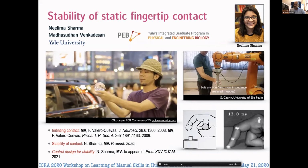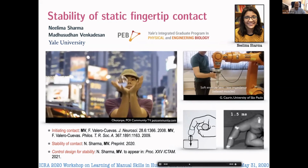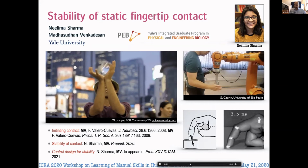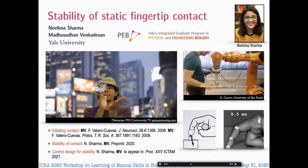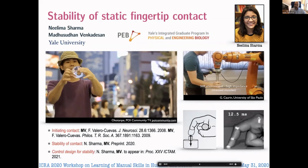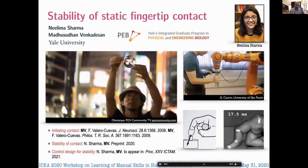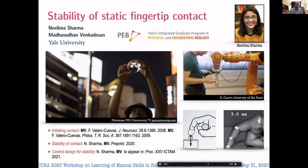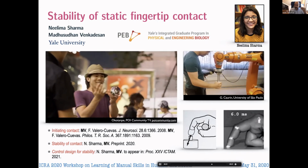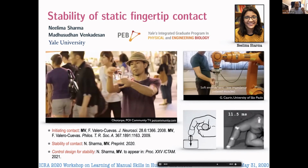There's a very simple solution. Just make your finger as stiff as you can. In fact, just pot it in concrete and it's never going to buckle. That's at the opposite extreme, perhaps, of what we want from the point of view of dexterous manipulation and things like force instabilities, where we want a very compliant finger. So really the question has in the back of its mind an objective that you want to be as soft as you can and yet not buckle. Okay,